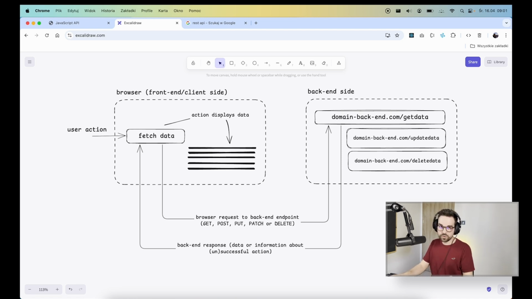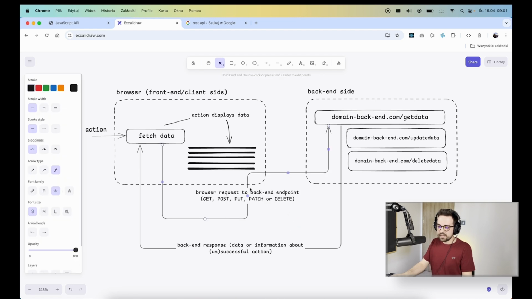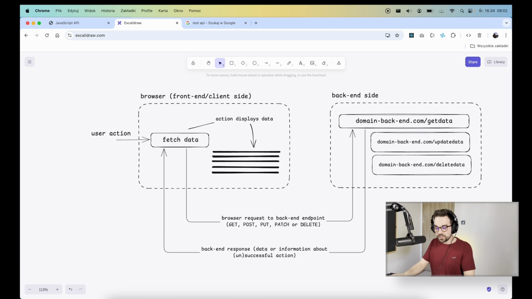So, for example, a get request, which is one of the most basic ones, means that we would like to get some piece of data that is represented through the endpoint on the backend side. Now, if you would like to update some piece of data, let's say we would like to add a new user to our server, we need to run a post request. And obviously, if we would like to delete some piece of data, we need to send a delete request to our backend side application. Now, what we need to know is not only the types of request, but also statuses